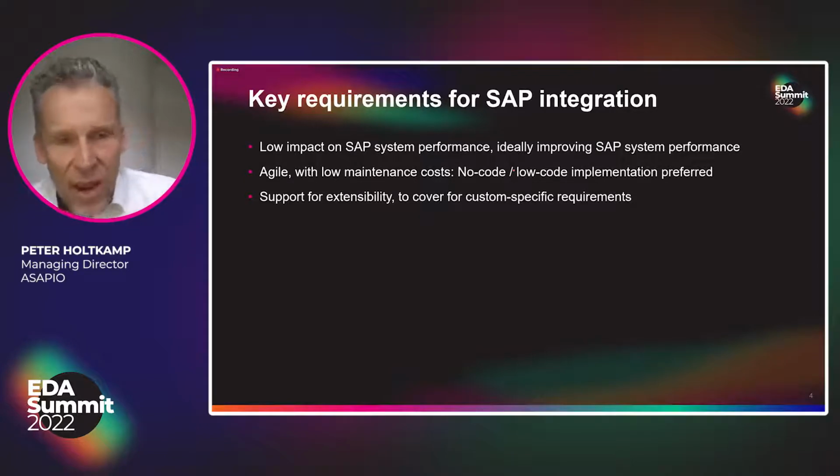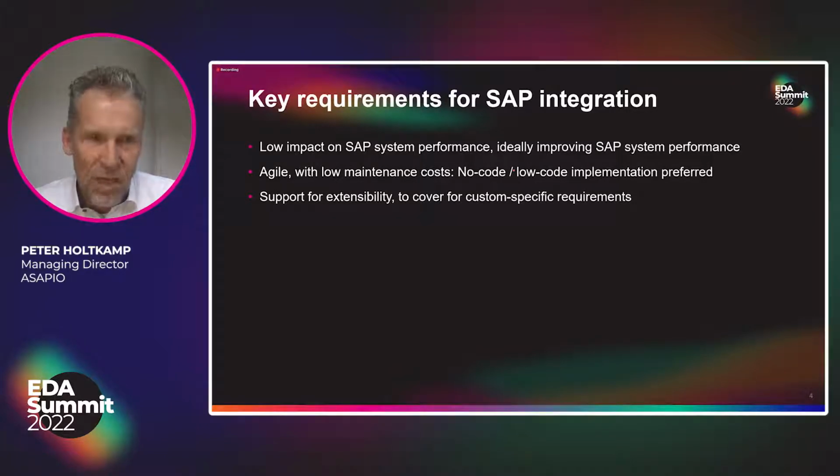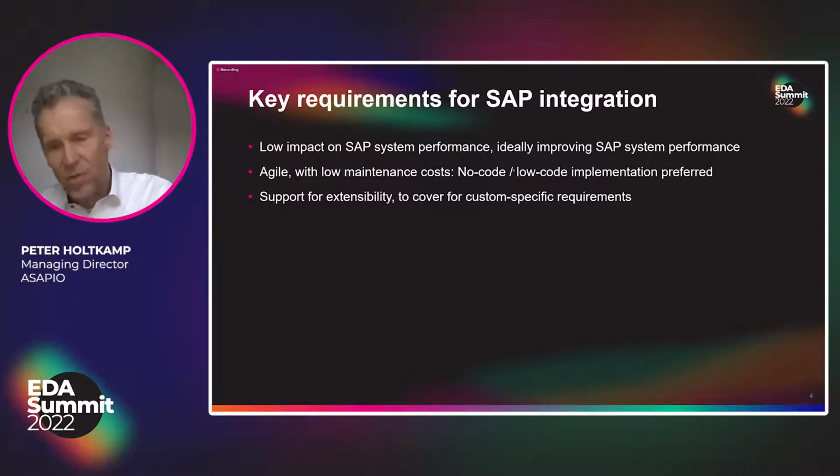Then you need a support for extendability. What does that mean? It's not that every SAP system looks alike. One of the reasons why SAP was very successful is because they facilitated SAP customers to customize the system exactly to their processes and their needs. So the integration approach that we take has to be able to support all these extensions and all these customer-specific requirements to be exposed to the outside infrastructure. So it cannot be a static approach where you say, this is how the interface is, take it or leave it. I mean, that will never fulfill the need for the customers. So we talk about a build-to-purpose interface more than okay, this is it and you got to take it.